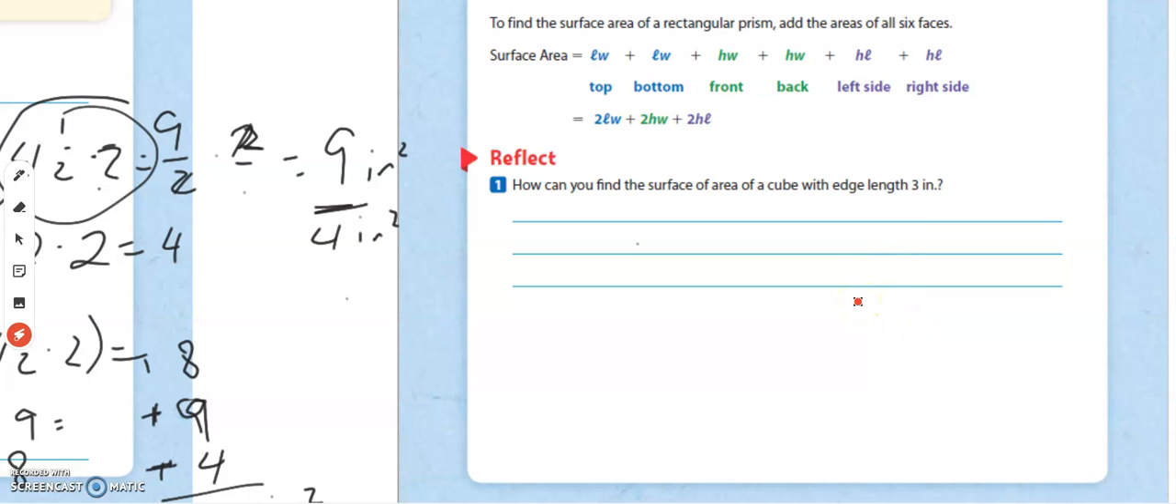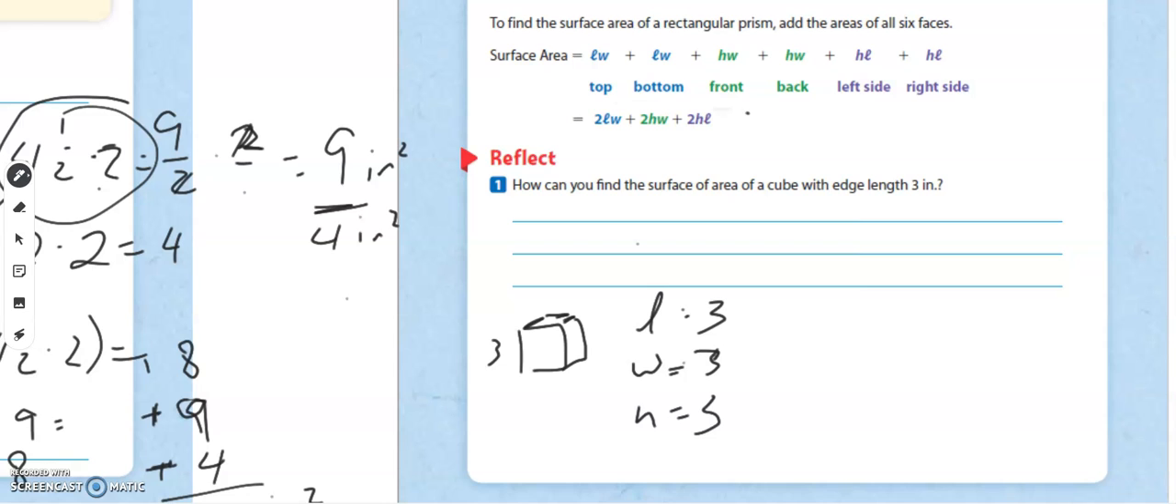So, how could you find the surface area of a cube where all the edges are 3 inches? Well, a cube is basically the same thing as a rectangle. I mean, all the lengths are the same. So each one is 3. So that means that L equals 3, W equals 3, and H equals 3. So if you just use this formula here,